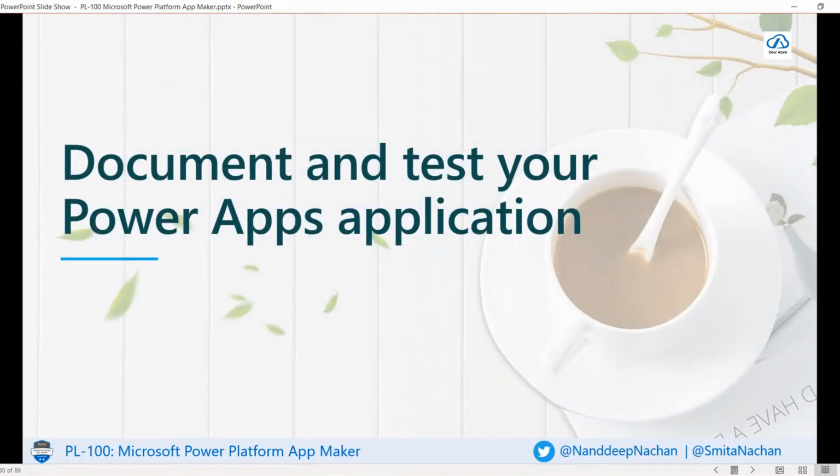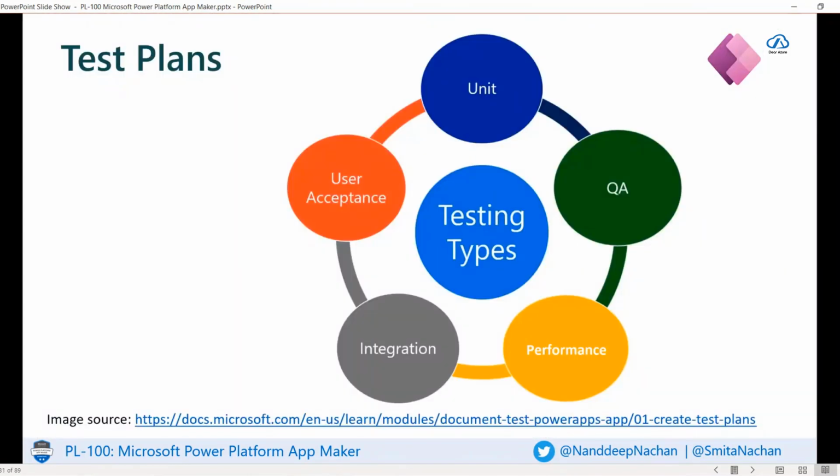Now we will see the best way to document and test your Power Apps application. So let's check the test plan. There are many types of testing that you should consider in your development planning. The first one is unit testing. This is the smallest component of testing, a single unit of measure. Often this is